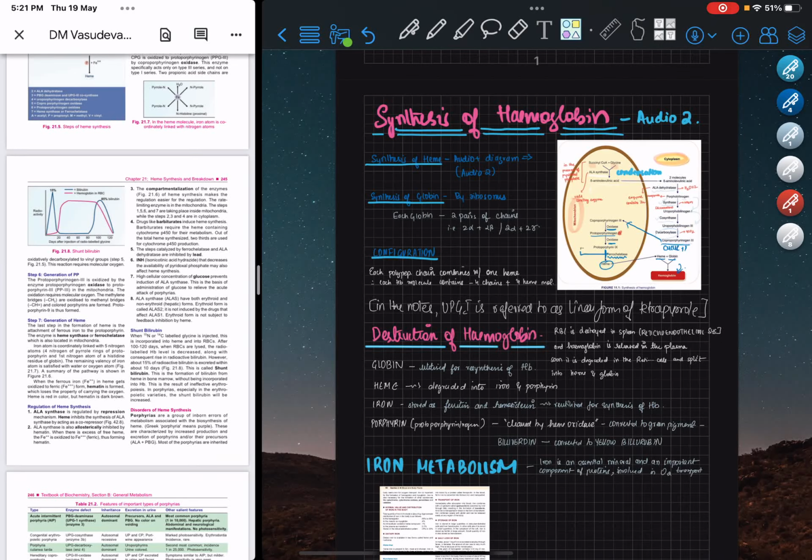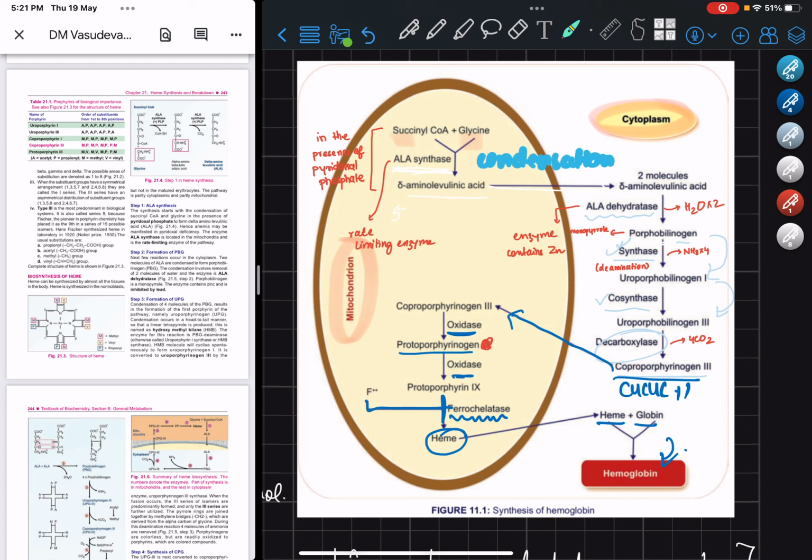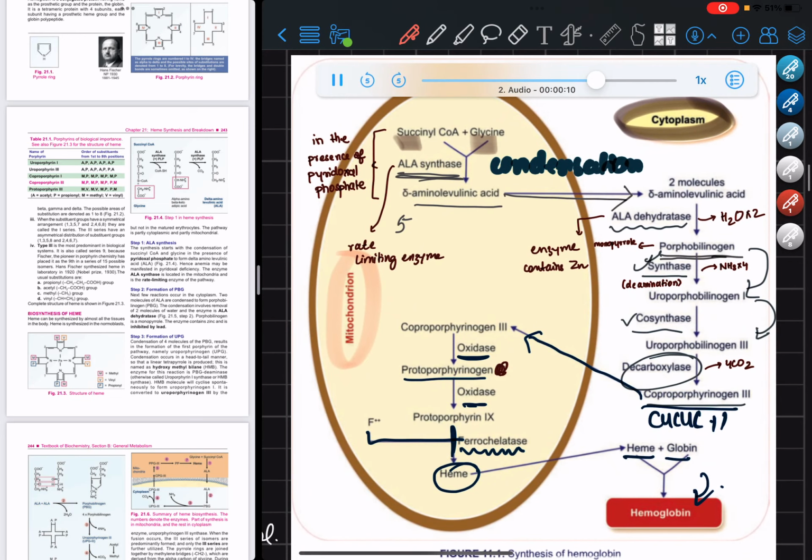This is the diagram from a physiology textbook, but I'm going to use it to first cover the basics, and then we can go into more detail in between those basics. So I'm going to start. This one's about the synthesis of hemoglobin. More specifically, first we talk about the synthesis of heme, which happens partly in the mitochondrion and partly in the